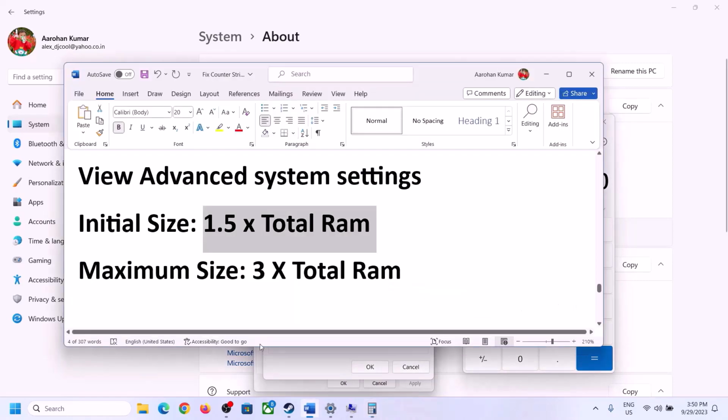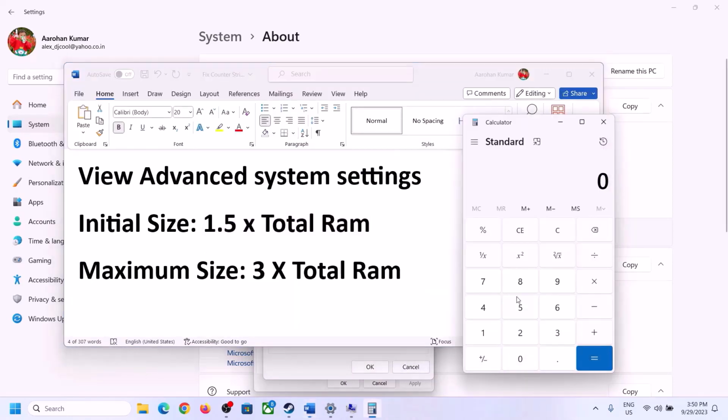Over here, it's 1.5 into total RAM. Total RAM in my case it's 16 GB. So 16 into 1024, because 1 GB is equal to 1024 megabyte. So 16 GB in megabyte will be 16384 into 1.5. 1.5 into total RAM. This is my total RAM in megabyte. Now 1.5 into total RAM, that is into 1.5. So in my case, initial size is